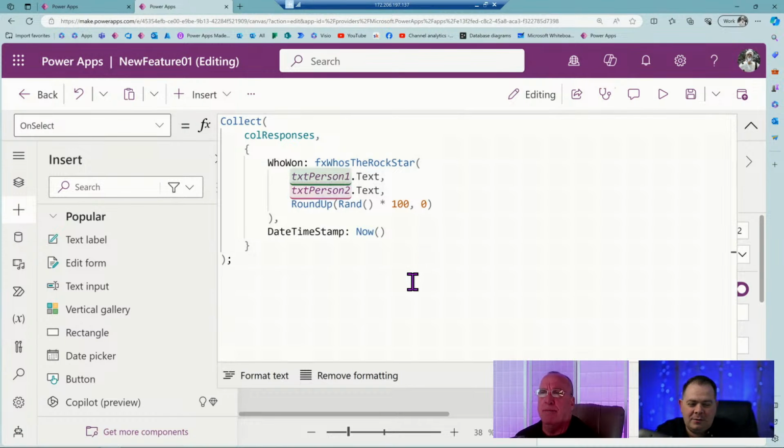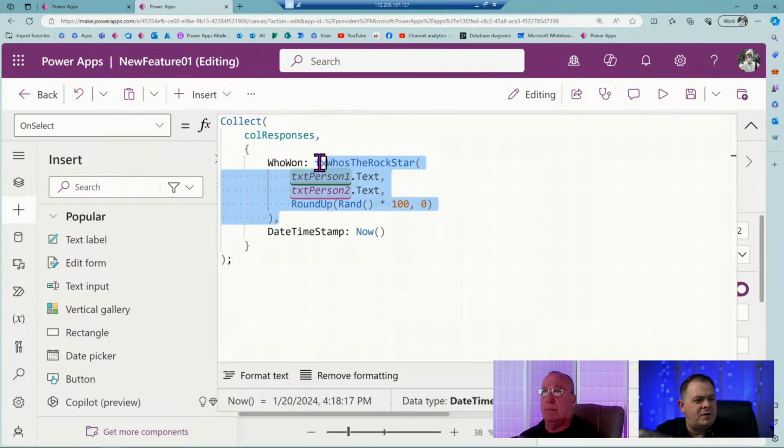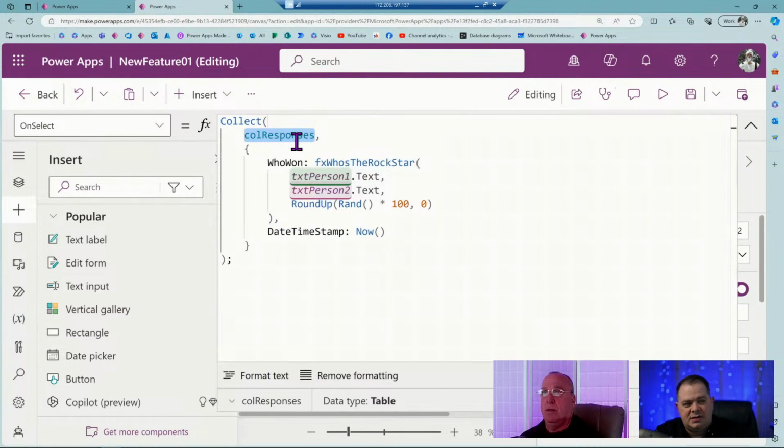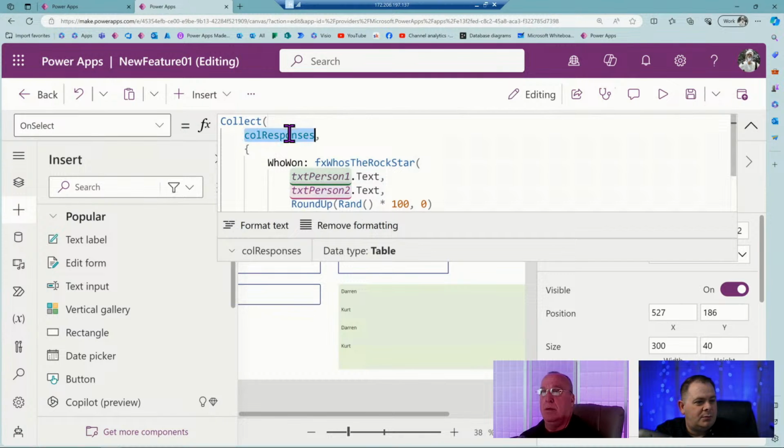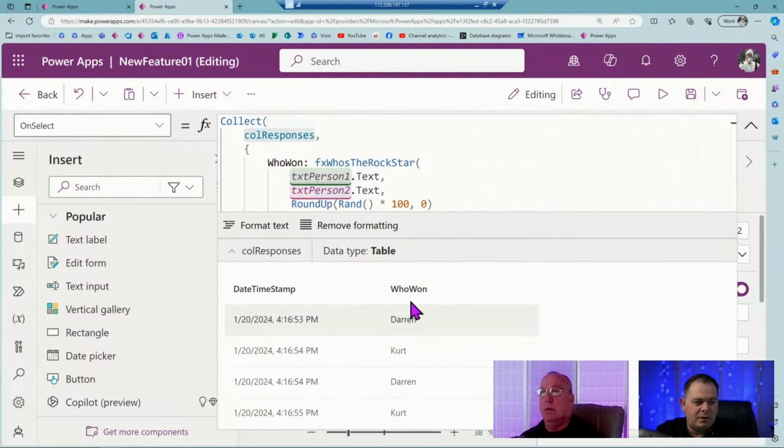Okay, so now every time you click on the button, is it going to be collecting? It's going to add to that. Okay, I see. Now are you going to label the current one, the one that won at that moment? Because that's where we started this off. Yeah, it calls the function, puts it into this field, and I've got another field for when it was done. And I put each individual item into this collection as they click on that button. So if you look at this, I'm going to close this up a little bit, and we'll double click on this and look at what we have. Who won: Kurt, Darren, and the timestamp. You like that?